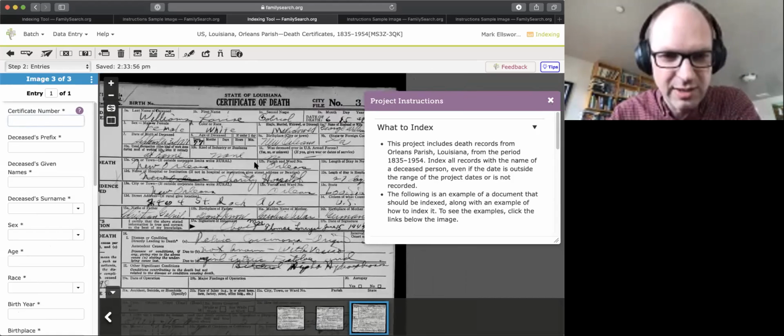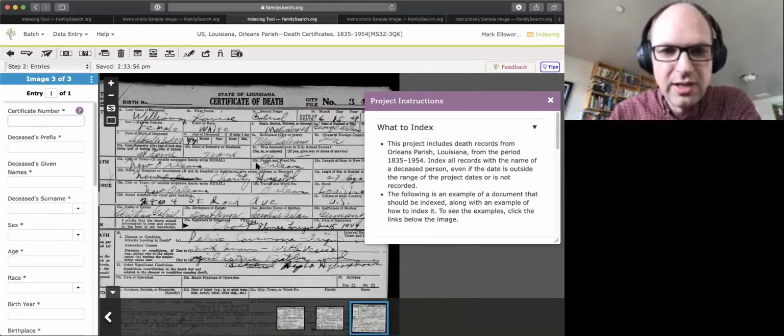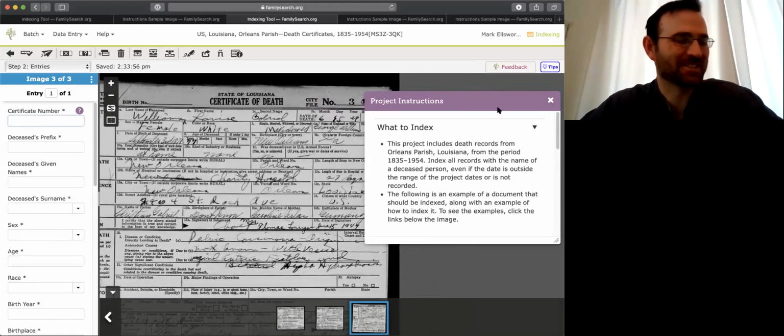Urim and Thummim is not provided. You want to do Urim and Thummim? That's